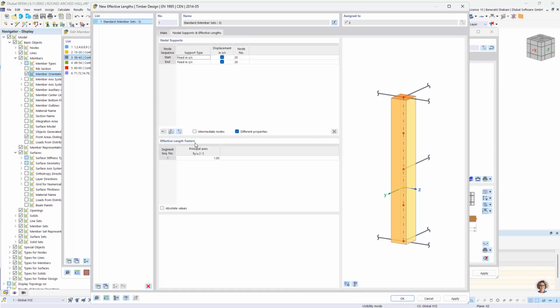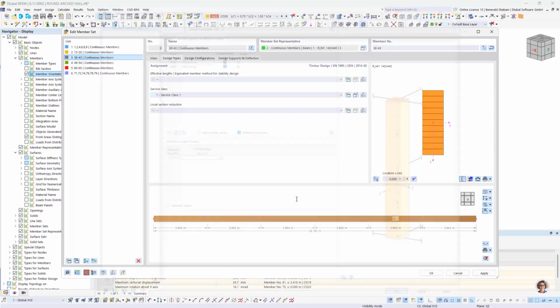If we go to the menu nodal supports and effective length, we will see that here we have an effective length factor, which according to the standards, we need to calculate. Of course, I calculated it before we did the webinar, and for our round arch hull, we will have an effective length factor of 1.25. We can select here with OK,